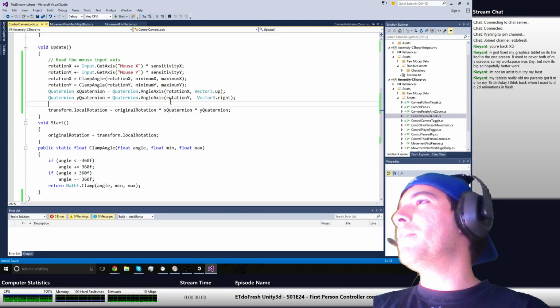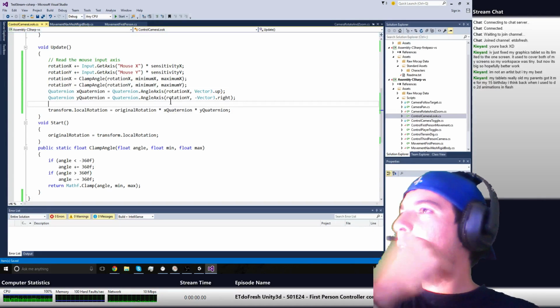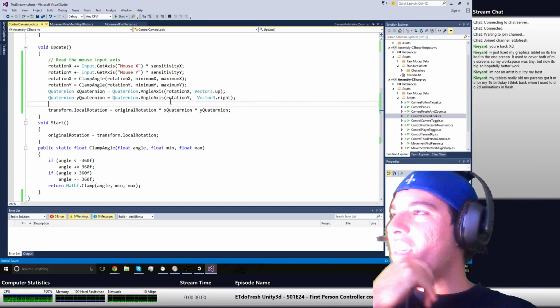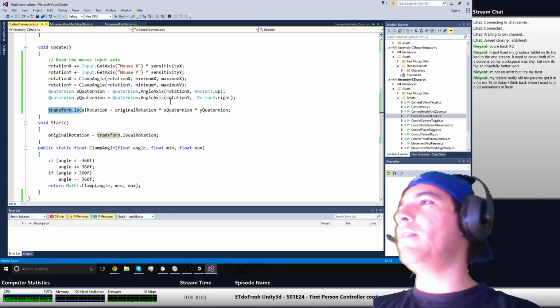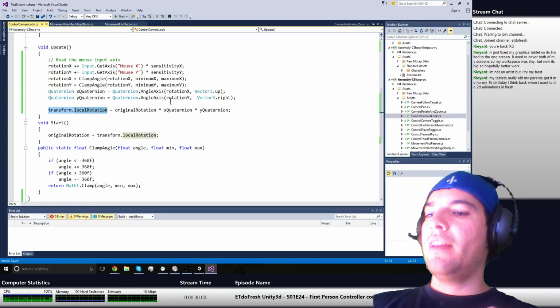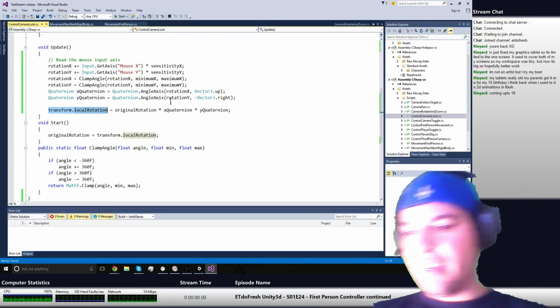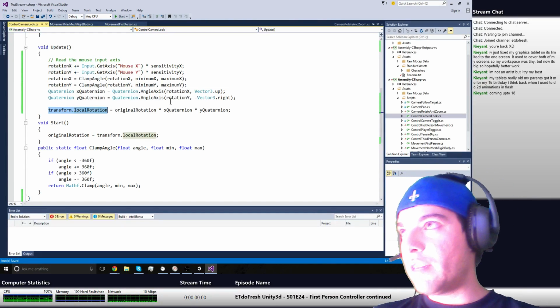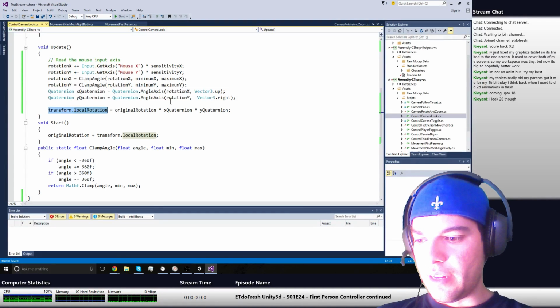Alright, back to what I'm doing. Transform.local rotation, original rotation times Q quaternion times Y quaternion. That seems fine. But this is the part I don't want to do. I want to transform the, yeah, this is where it gets tricky. The X, I do want to transform the,